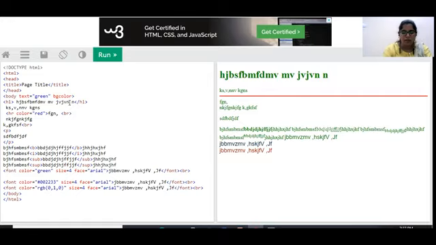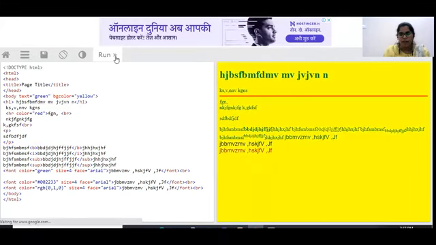So this BG color attribute will give background color for your web page. So you can give any color for your web page. By default, it will be coming in white color. If you want, you can give any color.